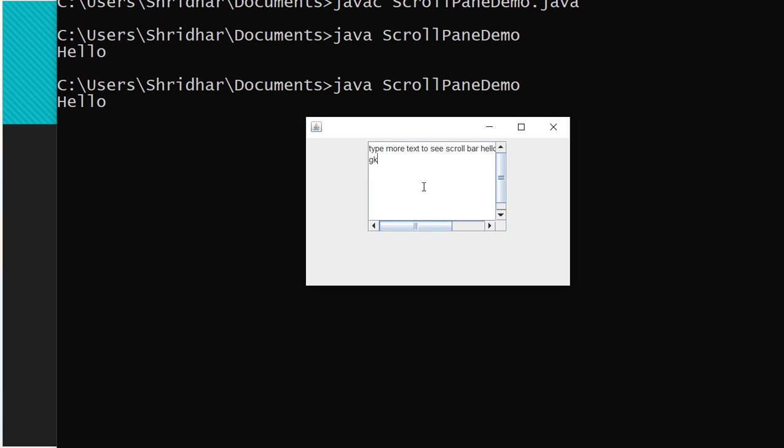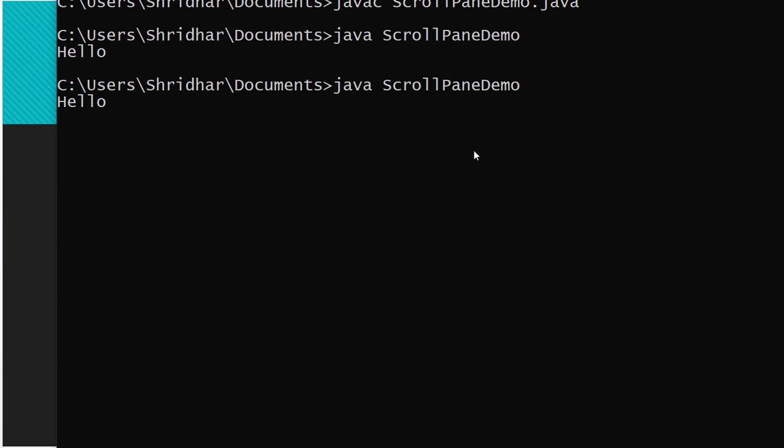If you type more and more, to see these things I can scroll up, scroll down like this. See now, fine. Some contents are at the top, so I have to scroll up and scroll down like that. So how to write the Java program to create this is our task. First I have shown the output, then we'll see the code. Okay, this is the output.